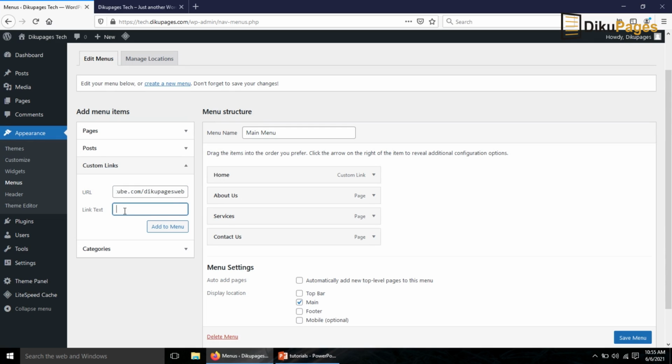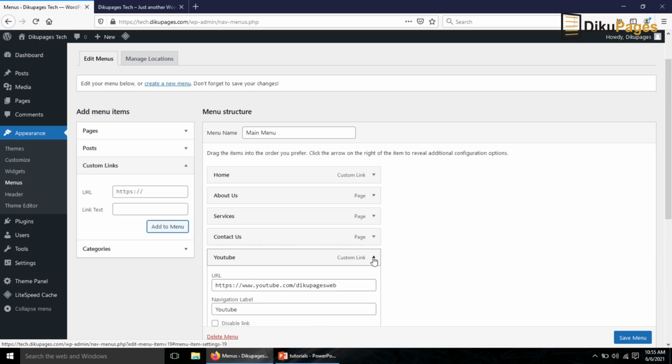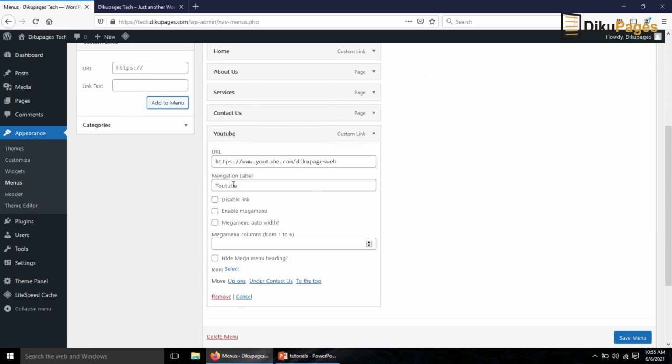Link text, I enter YouTube because I want it to go to YouTube. Then I click on Add to Menu. The menu link is added. If I open up the menu, in here I won't get the option to open my menu link in a